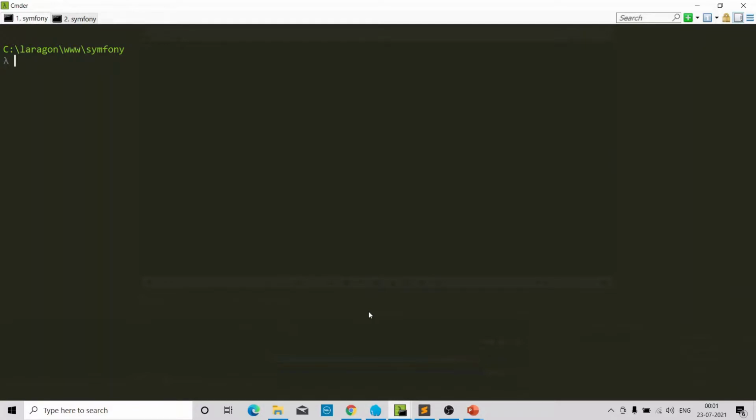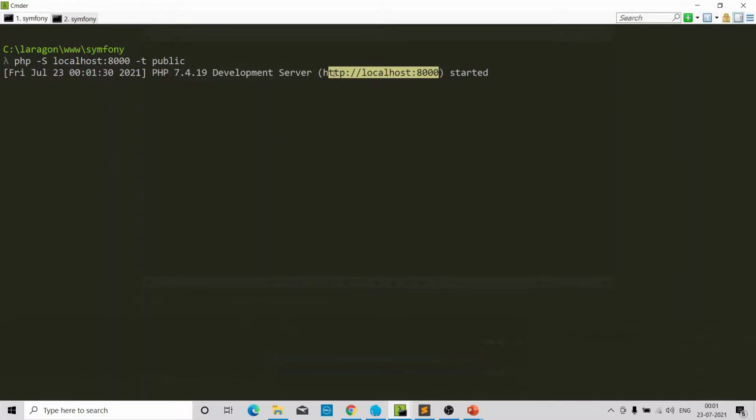So I am inside my terminal and we will start the project first. For that, we need to run the Symfony 5 local server. Our server is started and our project is running on this URL.